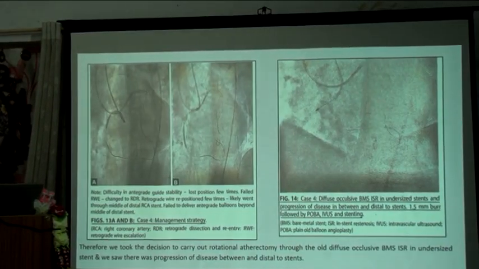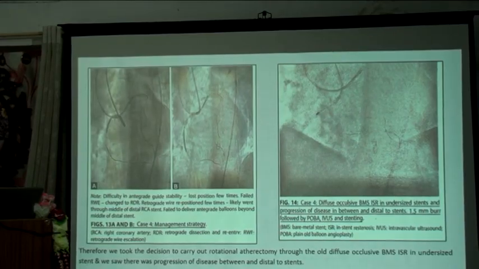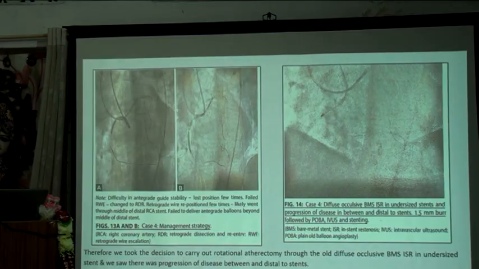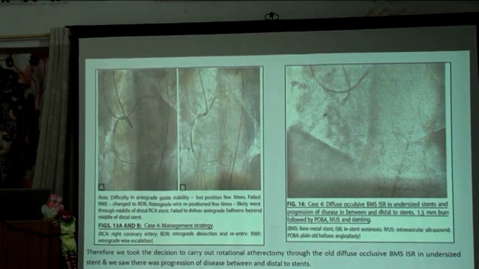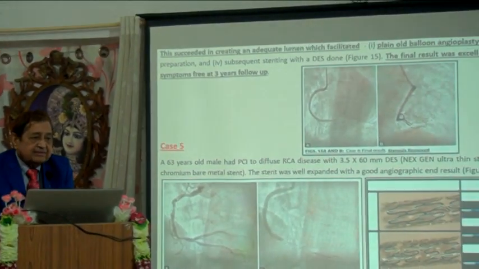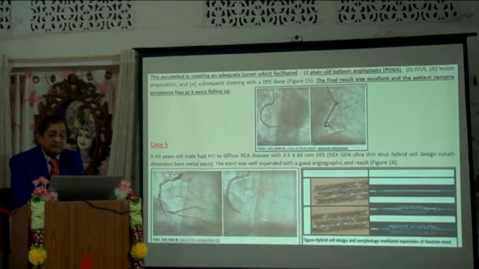Therefore, we took the decision to carry out rotational atherectomy through the old diffuse occlusive BMS ISR in an undersized stent, and we saw there was progression of disease between and distal to the stents. This succeeded in creating an adequate lumen which facilitated